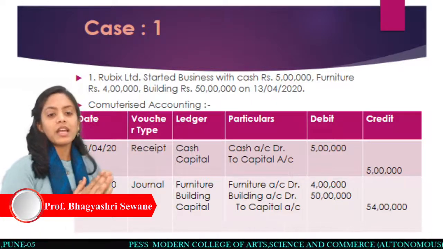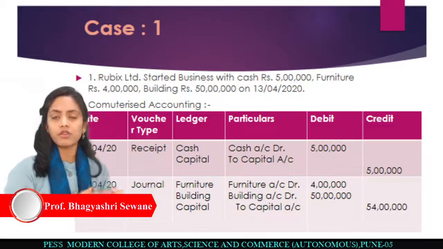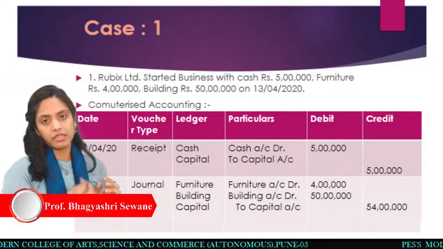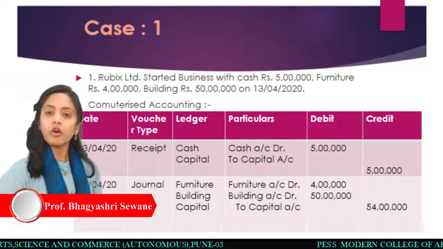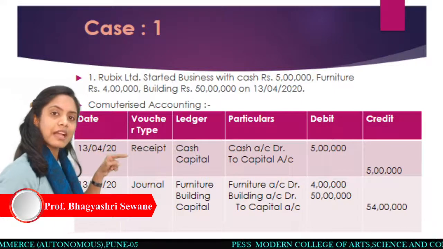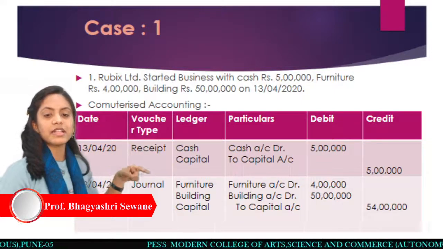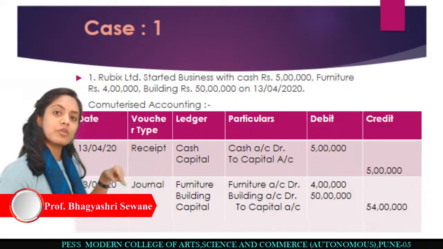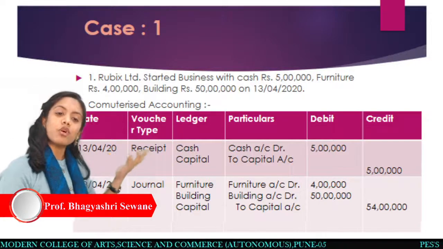Here we have to make two entries, in the receipt voucher and in the journal voucher. We will see that in a later discussion in a very detailed sense. Right now we have to just focus on the ledgers. So how many ledgers do we have to create over here? You can see the ledgers are cash and capital, and in the next entry, furniture, building and capital. You have to create these ledgers, and we have already created them